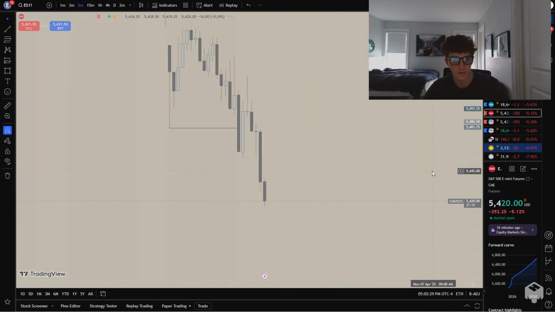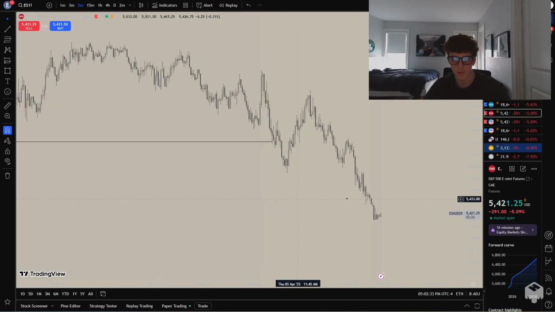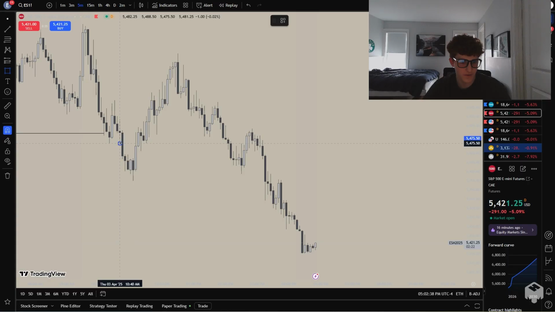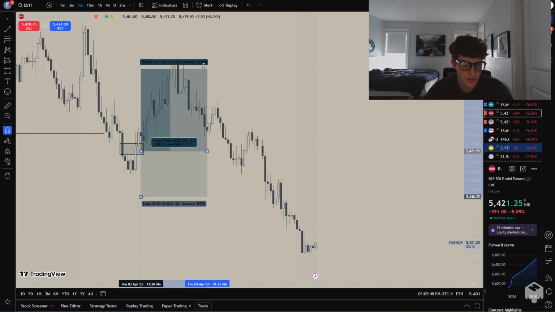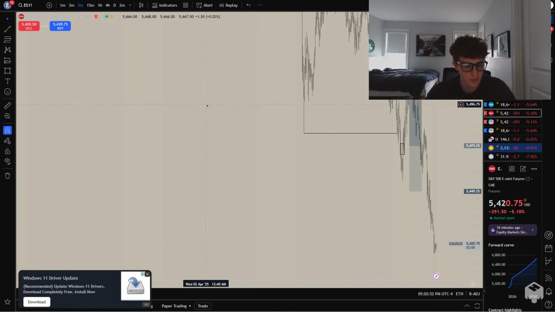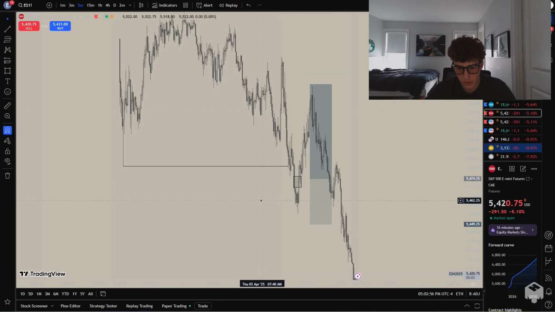Did I take it on IQ? I forget. But what I saw is we manipulated even lower after filling the 15-minute, and we had this bearish 5-minute, and I want you to bear with me here. Bearish 5-minute right here, ended up inversing. Now, this is the paper trade that I took, on my practice account on Topstep X. I'll go over the reason I took this trade: sweeping a significant low, rebalanced, manipulation leg.